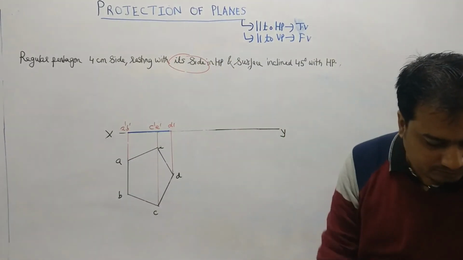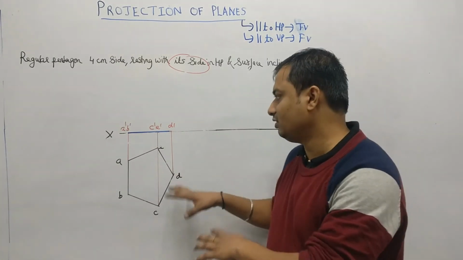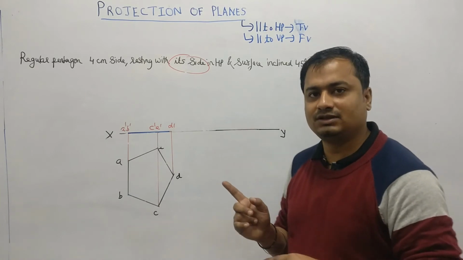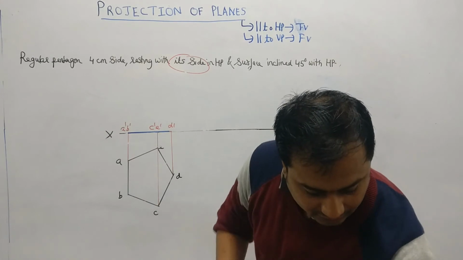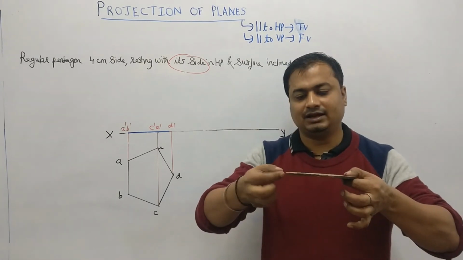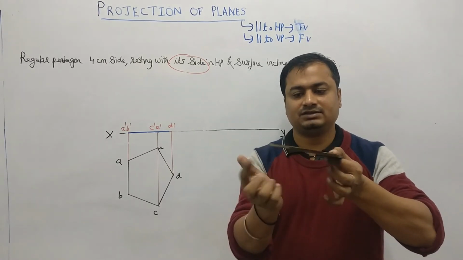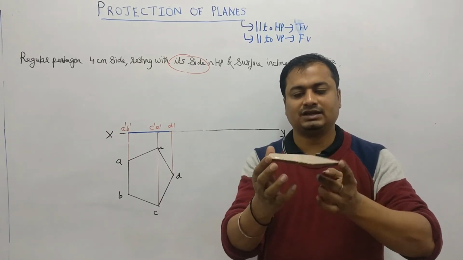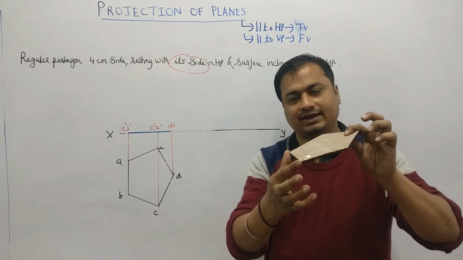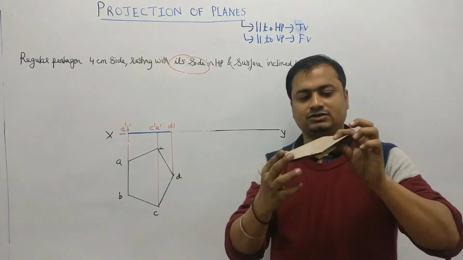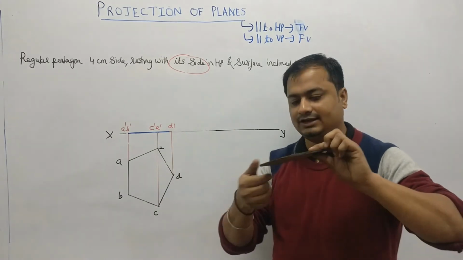So now what I have to do, first stage was to assume it. I have assumed and I have drawn the top view and front view. On the next step, what we have to do? We have to make our surface inclined. So when this pentagon will be inclined, now see, this is A, this is B. It is clear, this is A dash, B dash from the front. When the surface got inclined, this A dash, B dash should be on XY, and this corner is going to be on the top. This part will stay here, this D dash will rise up.